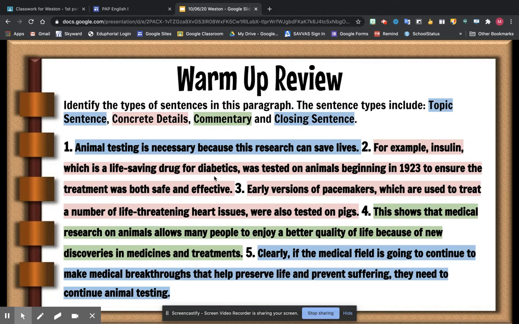Insulin, which is a life-saving drug for diabetics, was tested on animals beginning in 1923 to ensure the treatment was both safe and effective. So that's a hard fact, a detail that is there to support your topic sentence. So that is a concrete detail, and that's why it's pink. Early versions of pacemakers, which are used to treat a number of life-threatening heart issues, were also tested on pigs. So there's another example. Again, both of these are positive and both are concrete evidence, and that's why it's highlighted